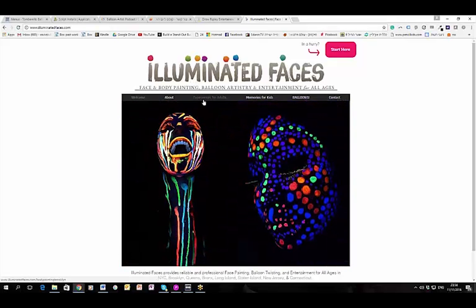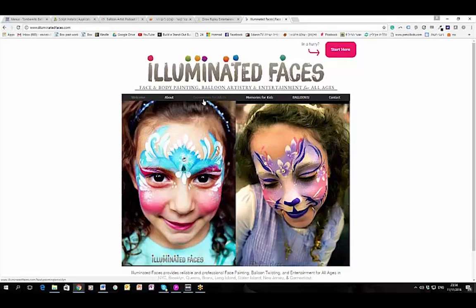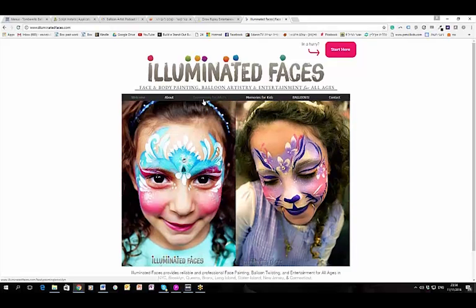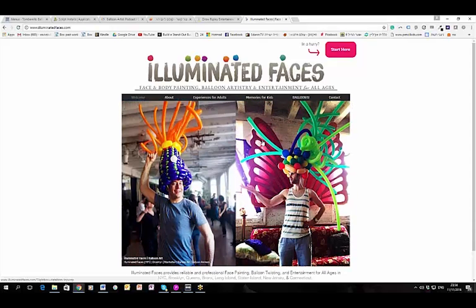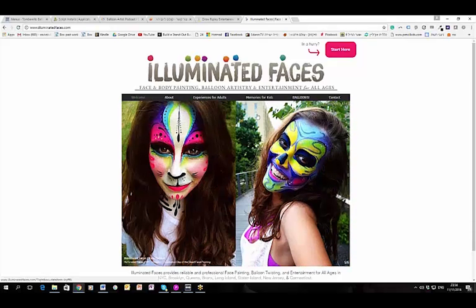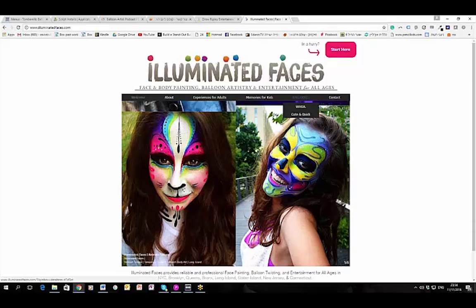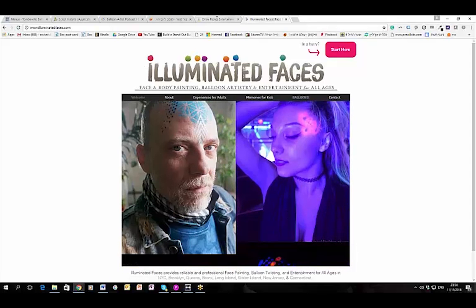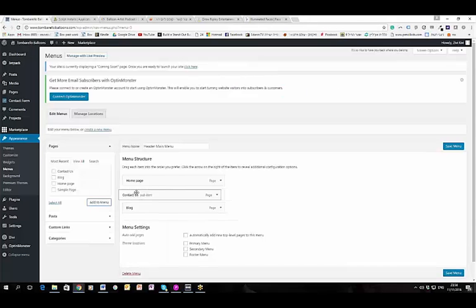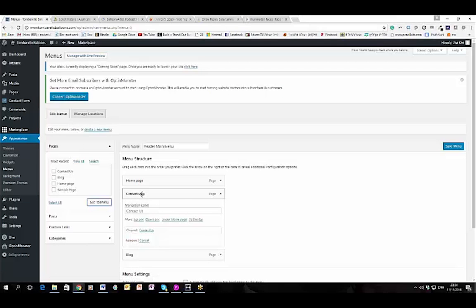It also focuses on the benefits and the transition. So the reason why people need face painting for adults is to create experiences. The reason why people need face painting for kids is to create memories, and balloons are just awesome by themselves. So I really like this structure,